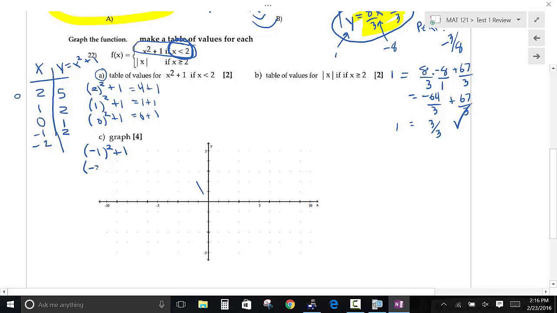Then the next one, if you go -2 squared plus 1, that's back to 5 like that, okay? So it's arithmetic, seriously, on this, okay? Make tables of values and you'll do well as long as you do your arithmetic okay, right? Now when we plot these points, as we're going through and